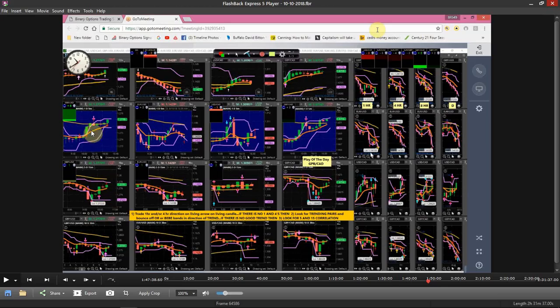Same way with GU, it's correlating. So every time it comes down here, you can buy it. Every time, because as soon as it goes down to the orange road on 15, if you watch it right there, it goes back up. Because now you got the 1 in 4 correlation. When that 1 in 4 correlates, man, it's over.